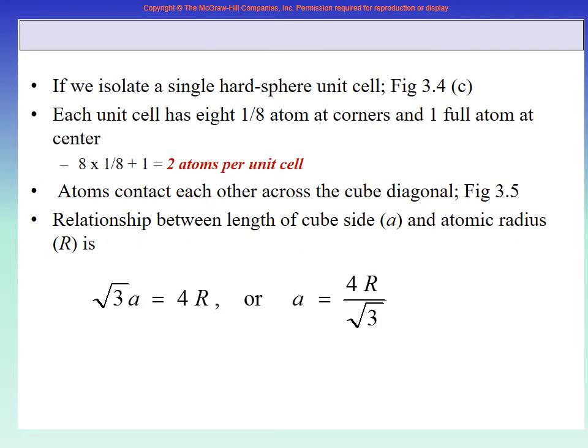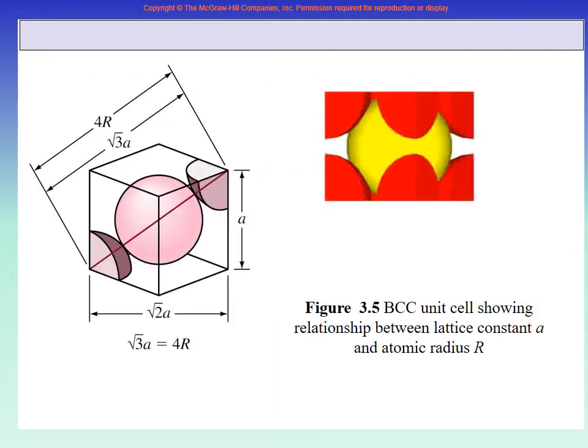And then in this system, how many atoms are there? 2 atoms per unit cell. And based on this geometry, if you go from one corner not to this corner but to the opposite corner which goes through the body centered atom, then this line touches radius to radius to radius to radius. So based on this, you have this equation for r is equal to root 3a over 4, which is the basic equation for the body centered system, which relates the lattice constant a to the atomic radius r in this system.